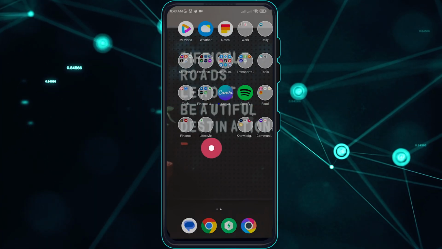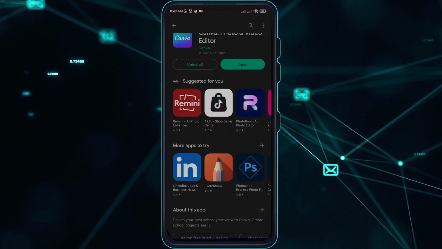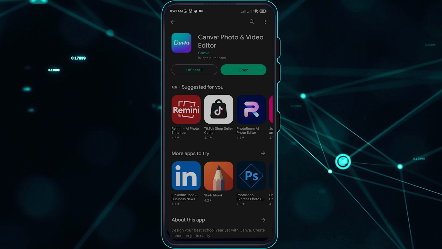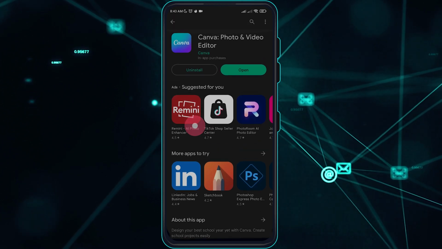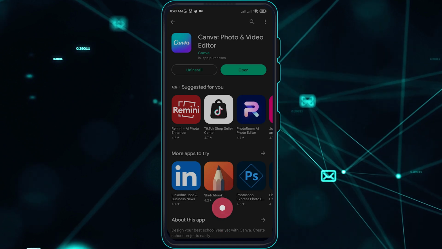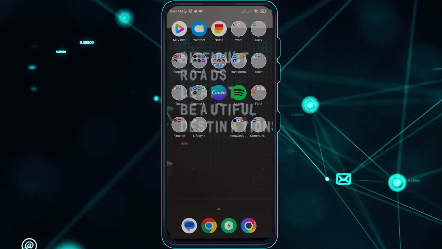So first things first, guys, make sure you're updated to the latest version of Canva, because if not, then that might be the reason why you are having this problem. So just try and update it, and if this is still not working, you just need to go over and